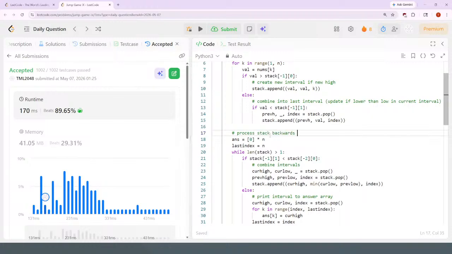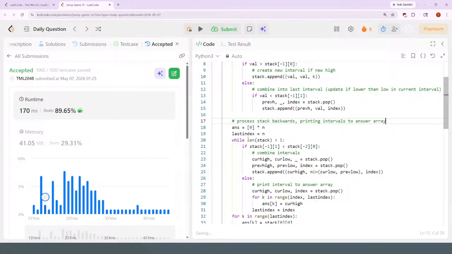Process the stack backwards, printing intervals to the answer array. So while the stack is more than 2, then combine intervals if